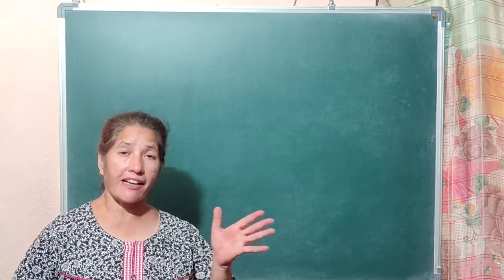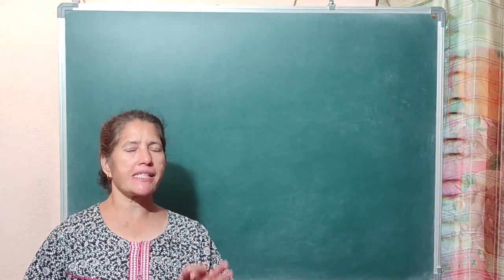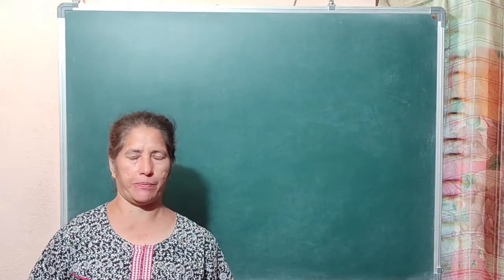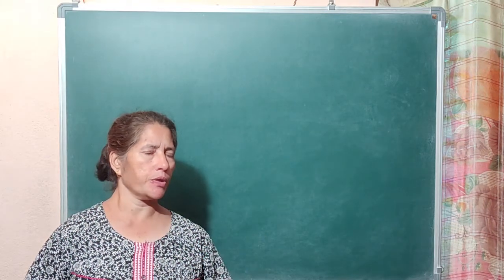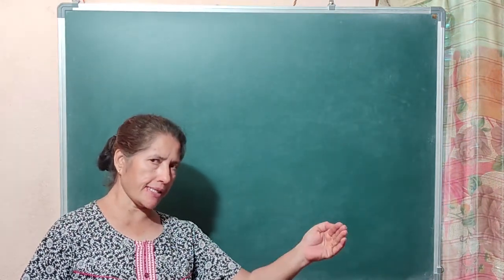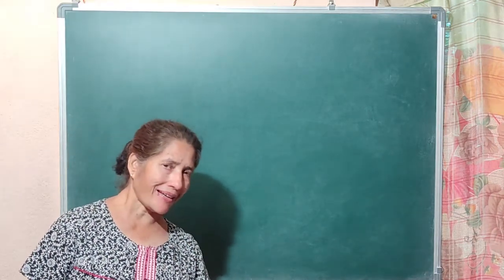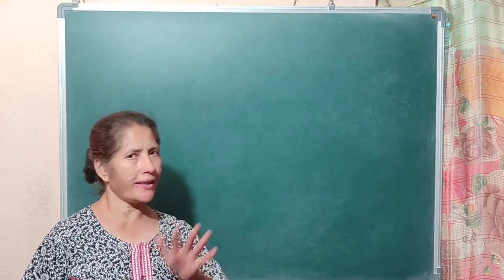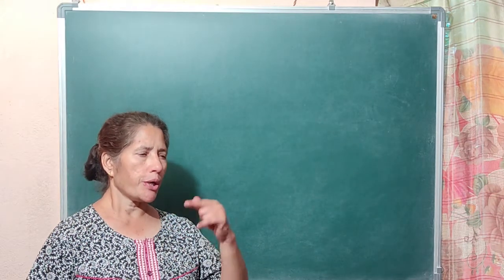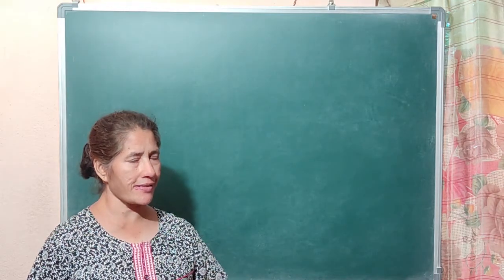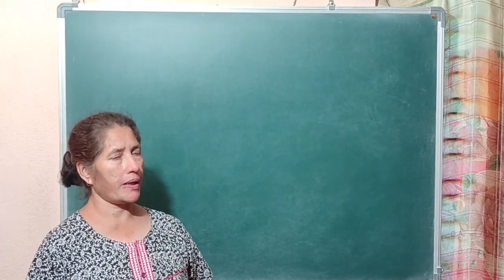Everyone, in the last two classes we studied how to read and write the numbers in the Indian system and in the million system. To revise once again, in the Indian system: units, tens, hundreds, thousand, 10,000, lakh, 10 lakh, crore, 10 crore. In the million system, or international system: units, tens, hundreds, thousand, 10,000. Till here, both the systems are the same.